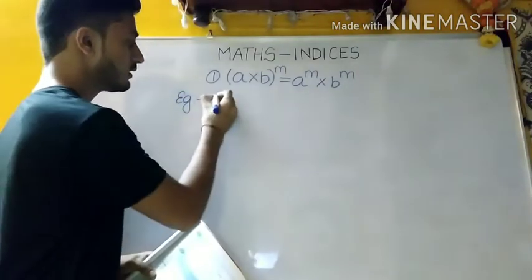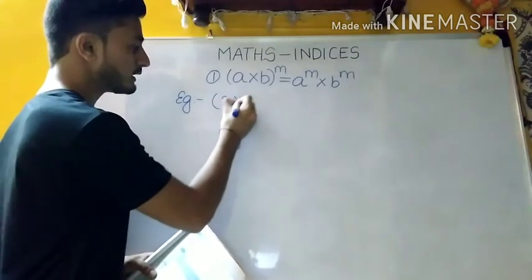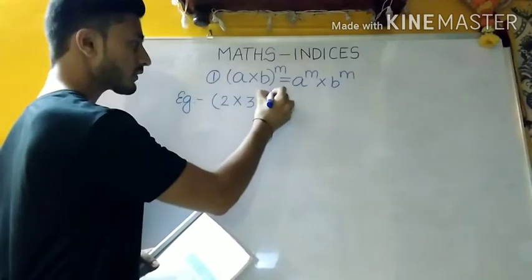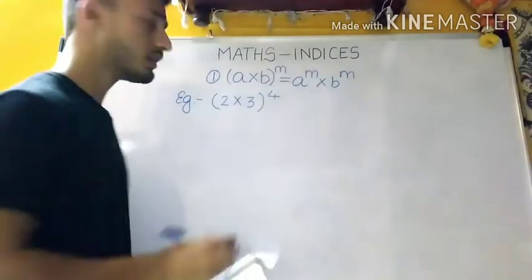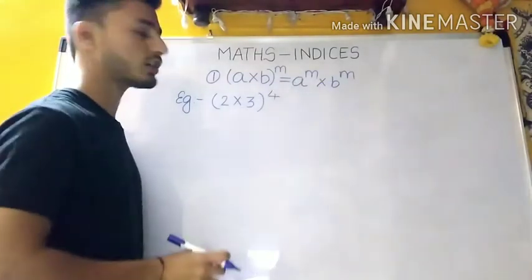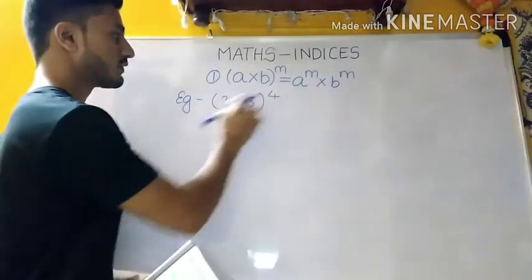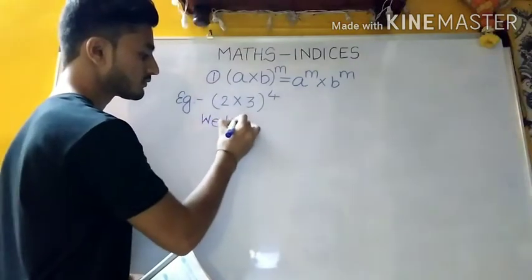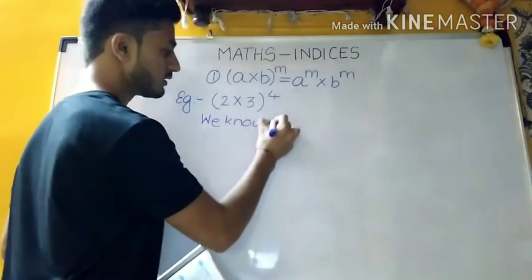What is the example? 2 multiply by 3 raised to the power 4. Okay. So here first we will write the formula or the law which we are going to use. So we are going to use this law. So we will write, we know that,